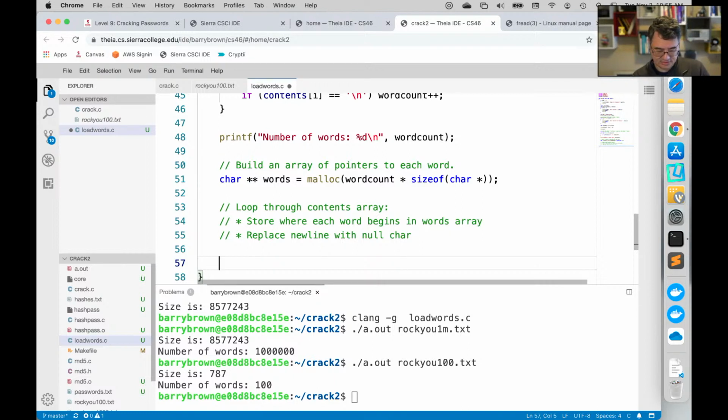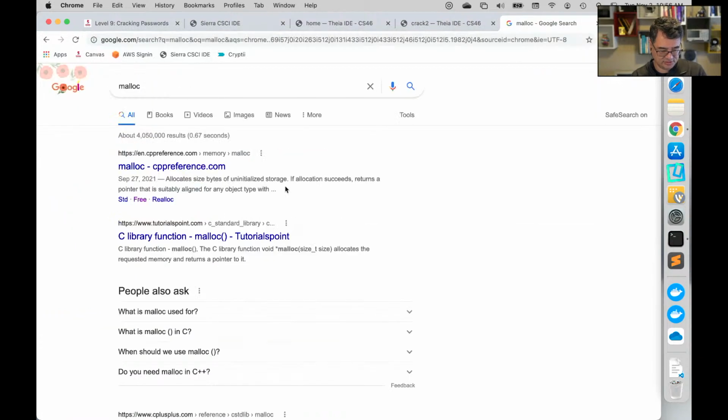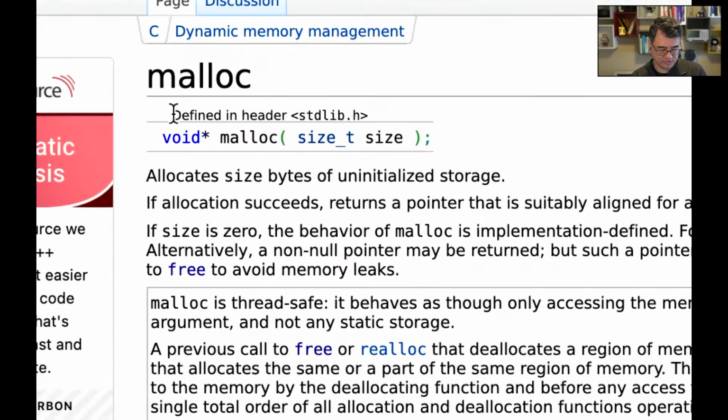Someone asked, do we need to cast the result of malloc to this? In the past, you would have done that. But under today's compilers, you don't have to. It'll do the cast for you. That's because malloc actually returns a void pointer like this.